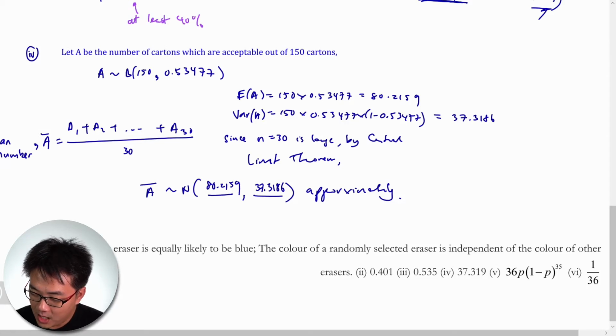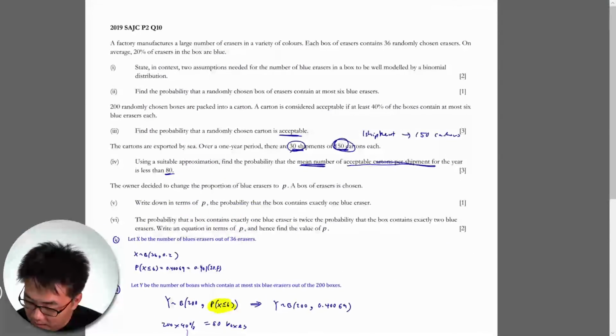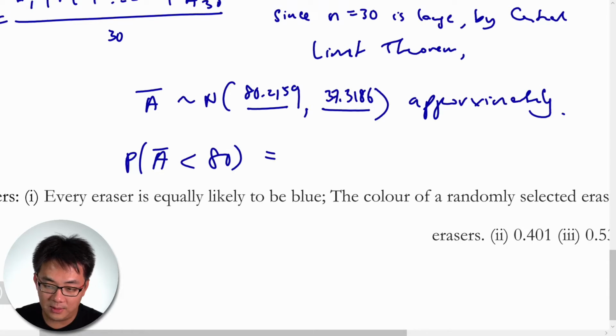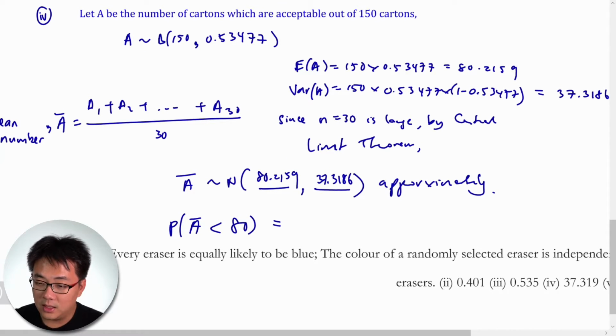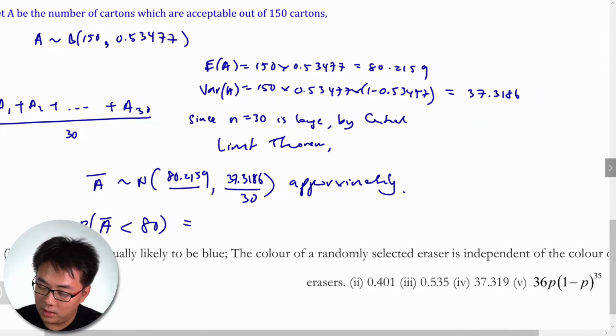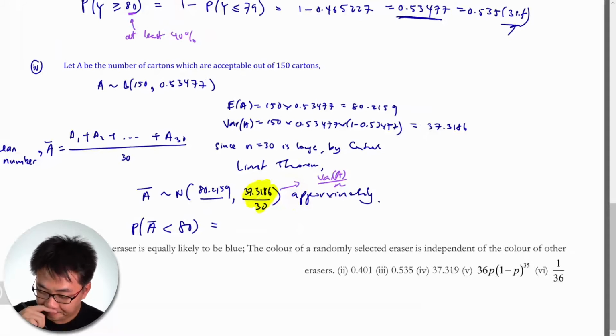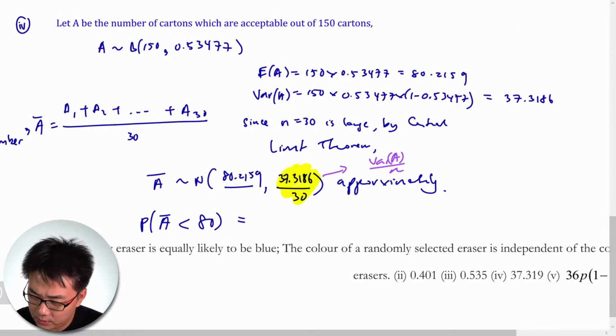So from here, what we need is the mean number to be at most, less than 80, because this is already a continuous spectrum. Less than 80 is the same. So you just key in calculator, CDF, negative infinity to 80, using this formula here. Oh, sorry, this needs to be divided by variance 30. So variance A, this is var A over n for the mean. Okay, you know that. Yeah, so then you key in the calculator, you should get